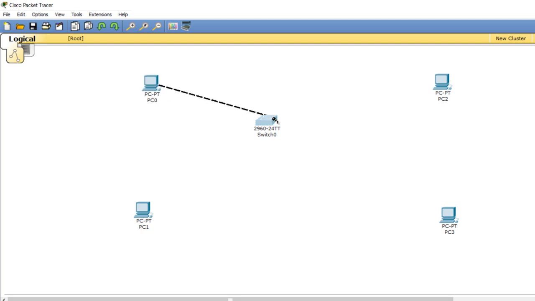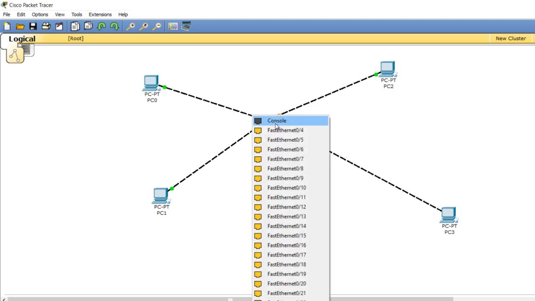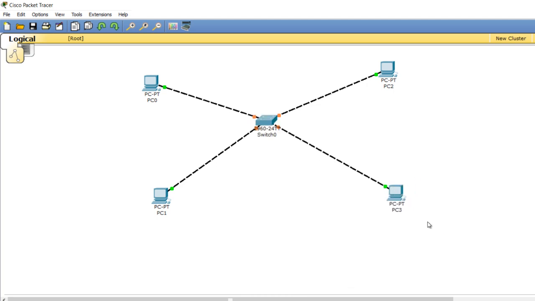Crossover cable, FastEthernet 0/1, 0/2, VLAN 10, right? FastEthernet 0/3, VLAN 20, right? So if I want to note it down, this one is in VLAN 10, IP address 10.1.1.1 and gateway 10.1.1.10, right? Here it is under VLAN 10, IP address 10.1.1.2, gateway is